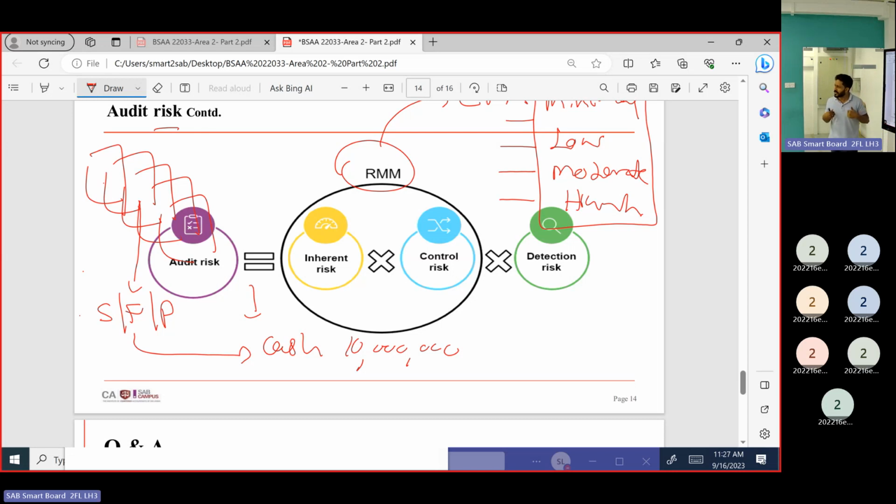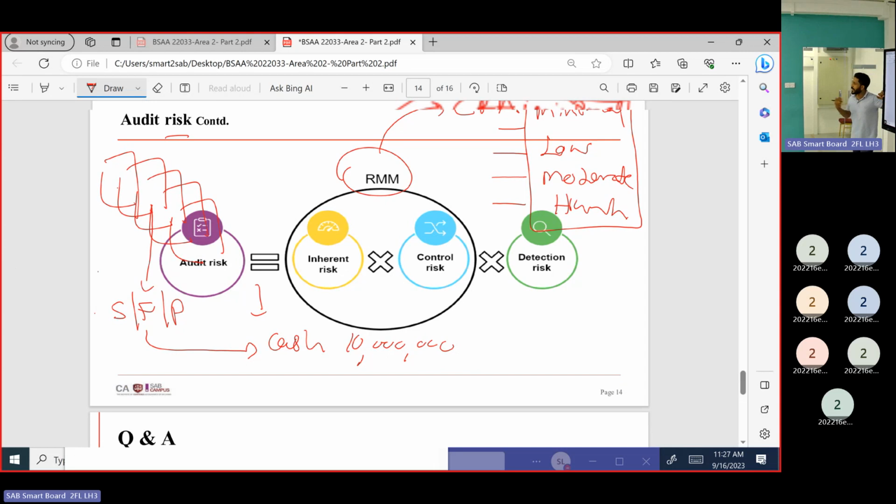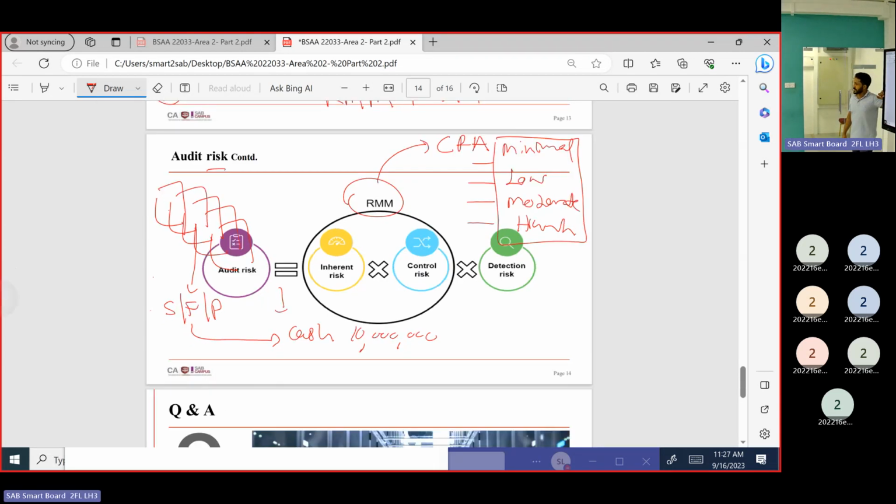What is the risk we have as auditor? We are going to issue an audit opinion over this. We have a doubt whether this is correct or not. We had a doubt whether this financial statement is correct or not. We did that analysis on the financial statements with 5 elements, right? Then we had a doubt whether this statement of financial position is correct or not. We analyzed that and designed procedures. Then we analyze it at the balance level as well, whether this cash balance is correct or not.